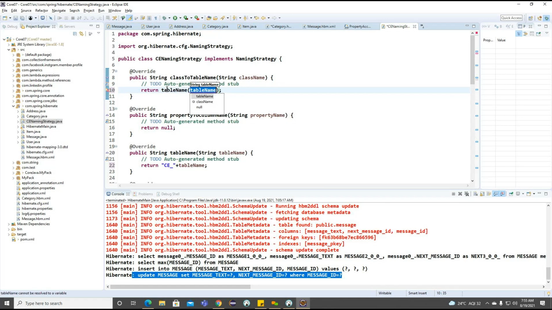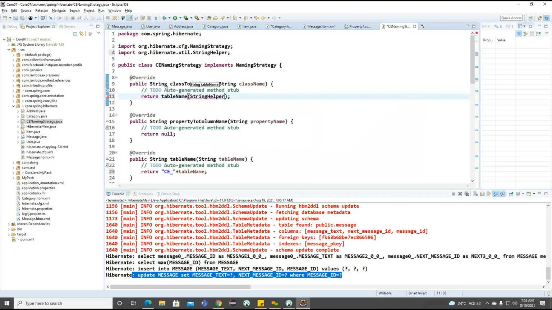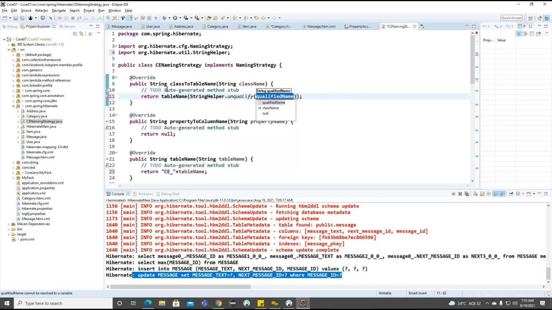We'll see how we can define the table name with the help of this method call, StringHelper. Inside Hibernate, we have one class called StringHelper. With the help of this StringHelper, we are going to call one method called unqualify, and here I'm going to specify the name of the class.